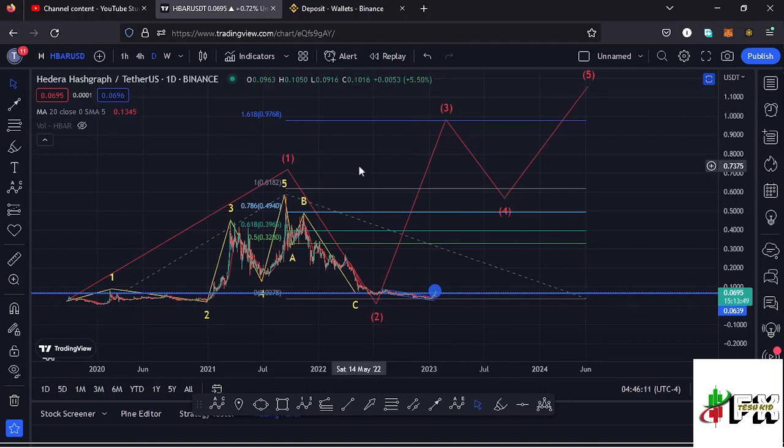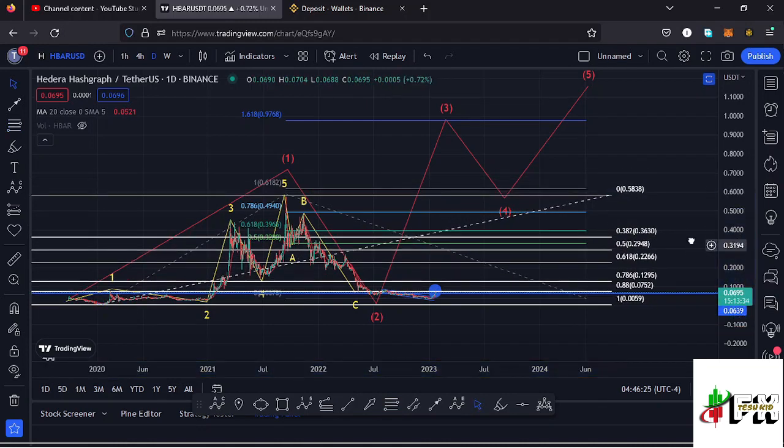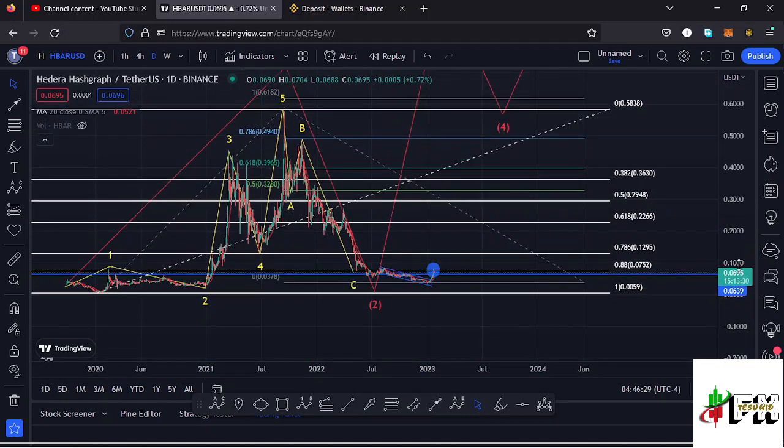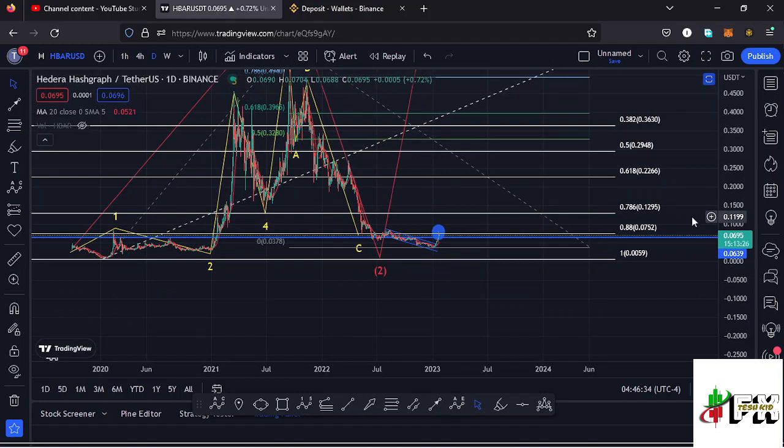And by first showing you a key level on the Fibonacci that we had managed to break above initially, and at the time of this recording we have lost that key area on the Fibonacci, by connecting the fibs from the low of the first wave down there to the high of that wave 1. For us to say that we are back into the recovery phase, Hbar needs to manage to break above the key area on the Fibonacci, that is the fib level 0.88, which perfectly lies at around the